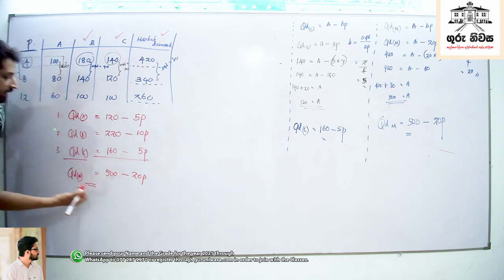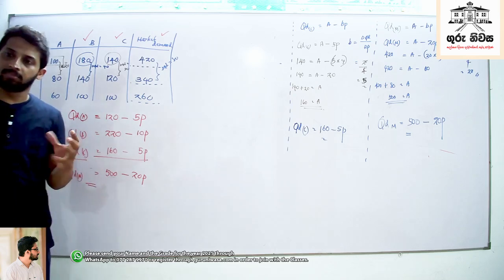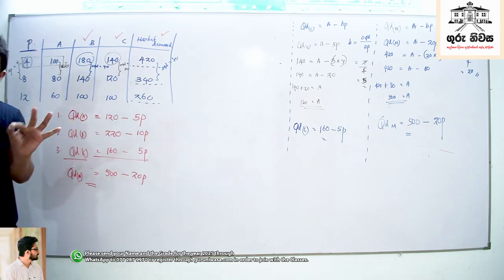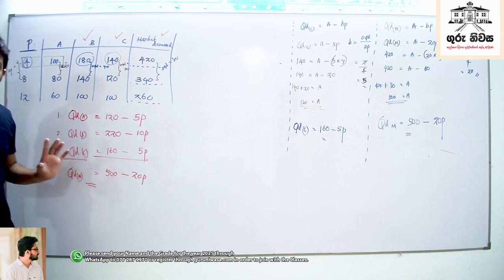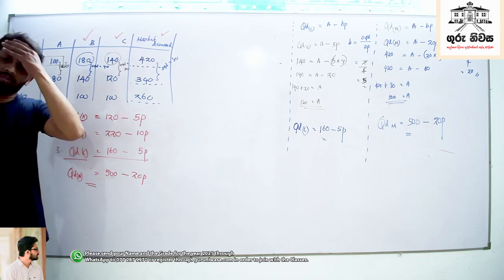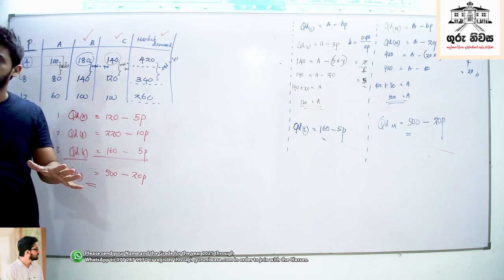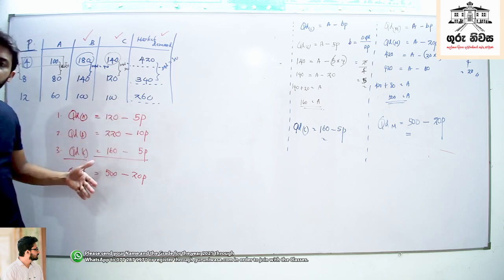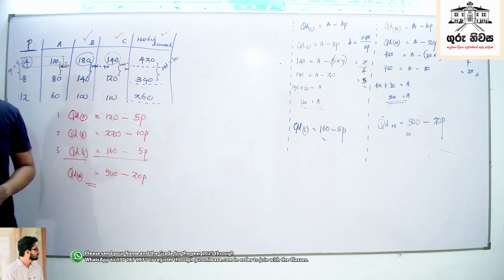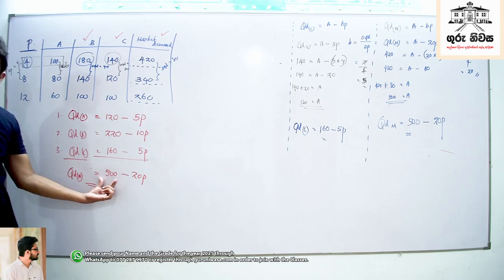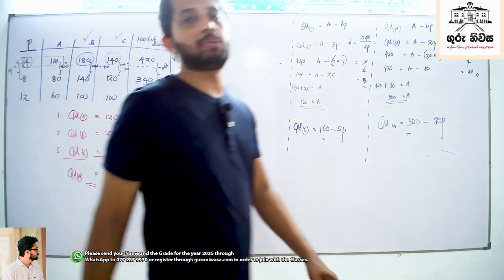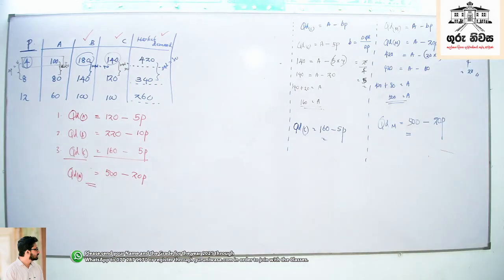What I need to say, write this down: if you add all individual demand equations together, you can calculate the market one. Remember this point. Sometimes the market demand equation is not given straight away. Individual demand equations are given, and you need to calculate the market demand equation. So the final conclusion is that the market demand equation is the sum of all individual demand equations. You get the point? Yes, sir.